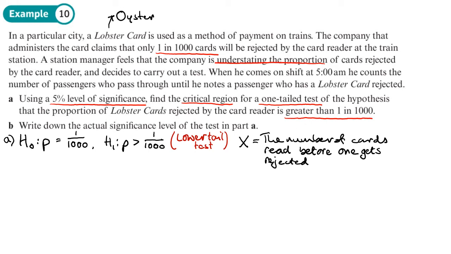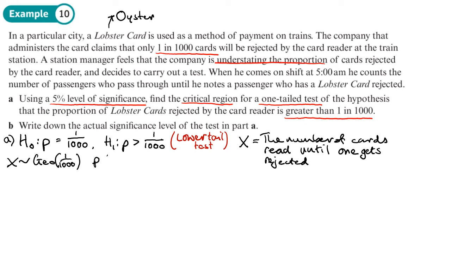Yeah, so it's the number of cards read until one is rejected. That would be better, so it's not really "before". The number of cards read until one gets rejected. Right, so we have a geometric distribution with 1 over 1,000 as our probability of success, and we're going to